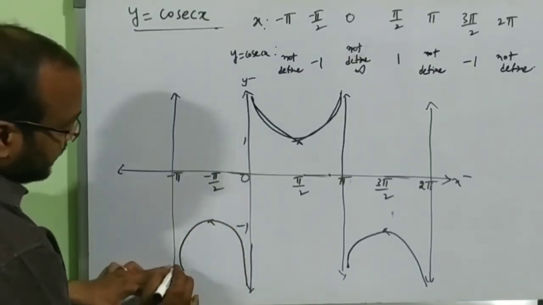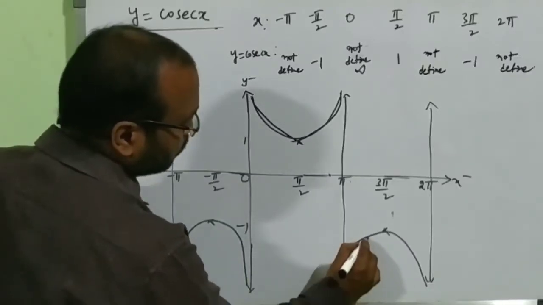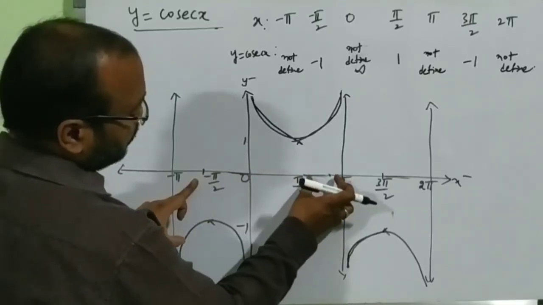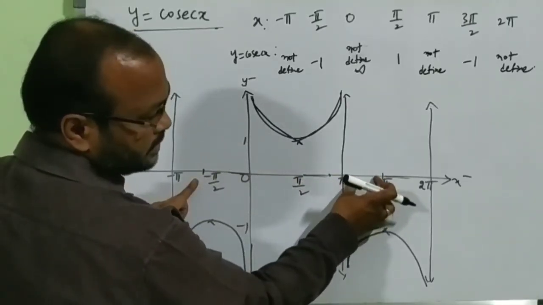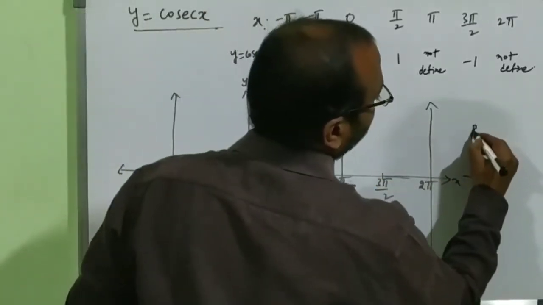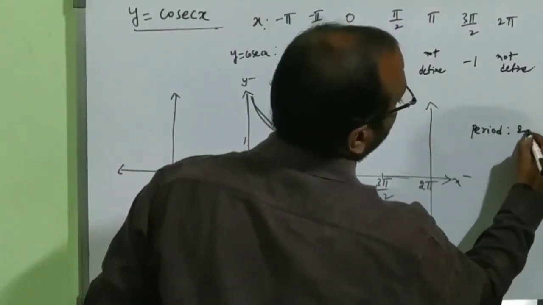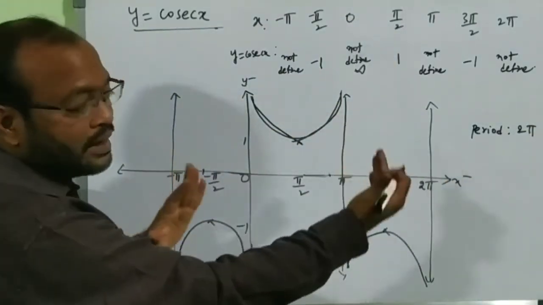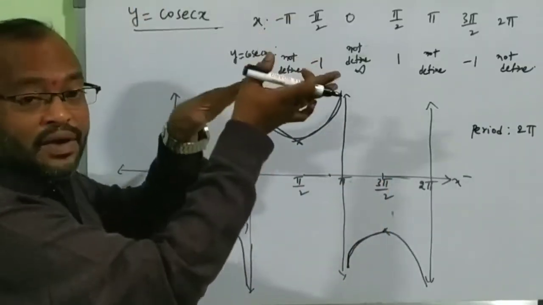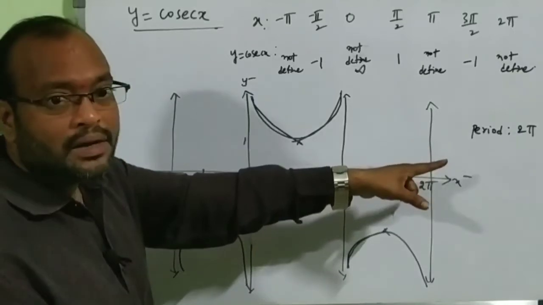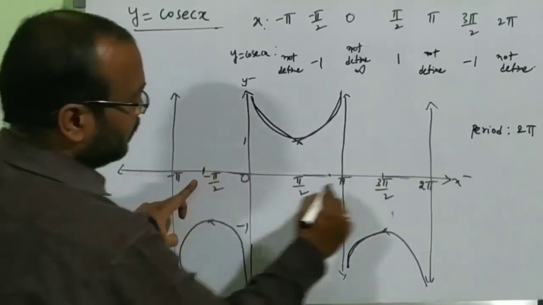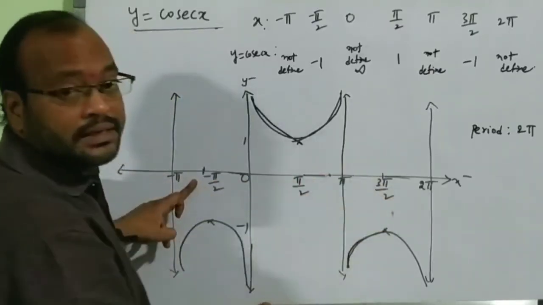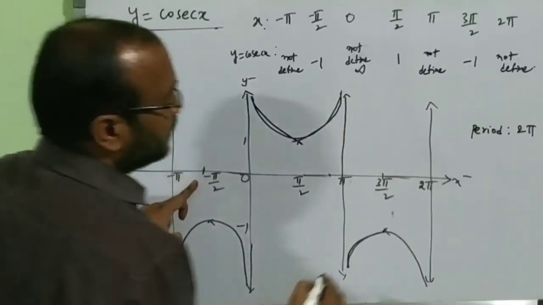Once you observe, the same graph is repeated here. Means here to here. 90, 90, 180 plus 90, 270 plus 90, 360 degrees. So 2 pi. That's why period of this function is 2 pi. The same graph is repeated in the interval of 2 pi. The period of cosec function and the period of sine function is same. We already know. So that's why the period will be 2 pi. Okay. Again, here to here, the graph is repeated. 90, 90, 180, 270, 360. 360 is nothing but here 2 pi.